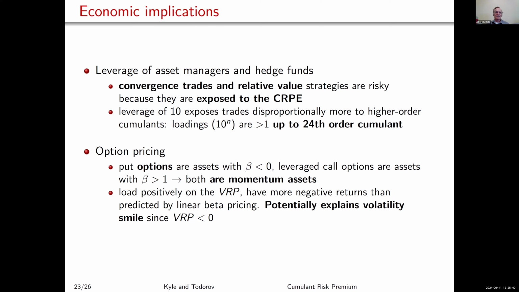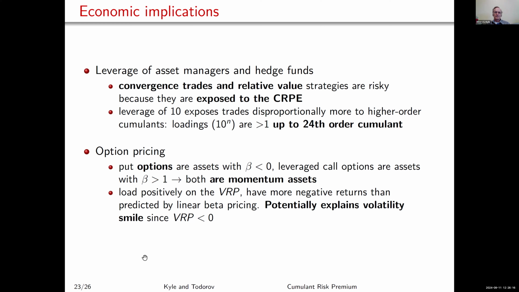In those kind of cases, returns tend to become very, the higher order moments tend to matter more. So the higher order cumulants tend to matter more, and they tend to be rewarded if you can take a position that would be the same as the position that, say, a market maker would take, or the same as the position that the bank would take, but that they can't take because they're running out of capital. So we think that this is very applicable to understanding the leverage of asset managers and hedge funds.